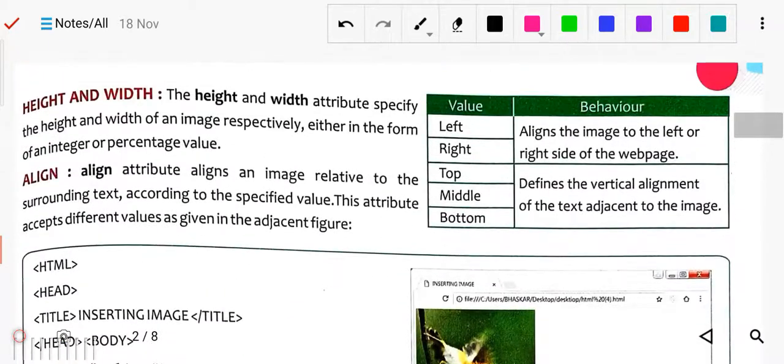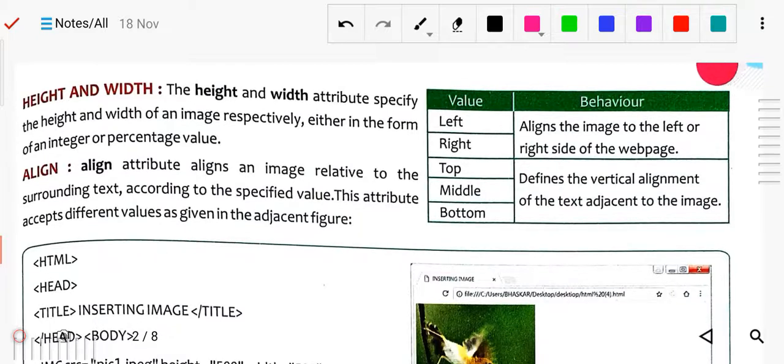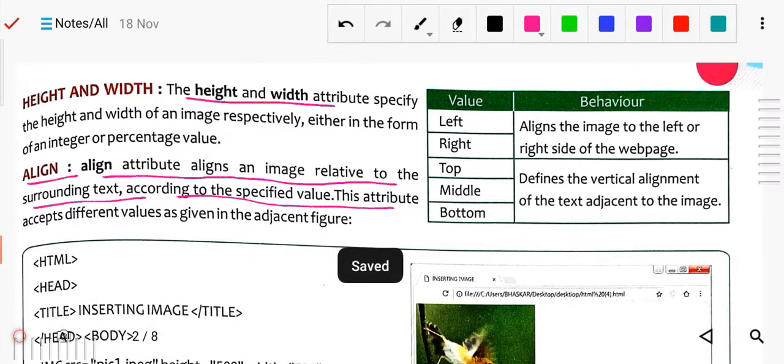Next we have height and width, which are again attributes, along with the align attribute, used to align the image relative to the surrounding text according to the specified value. This attribute accepts different values as given.